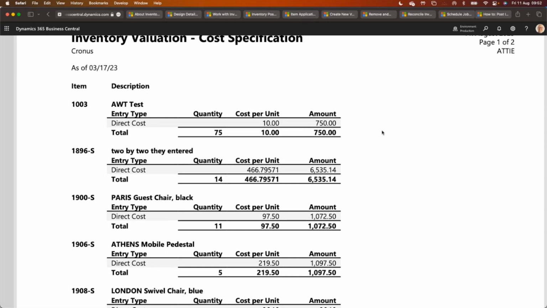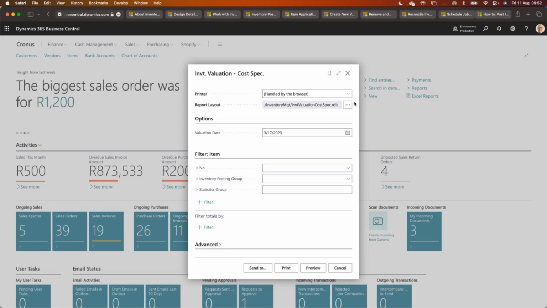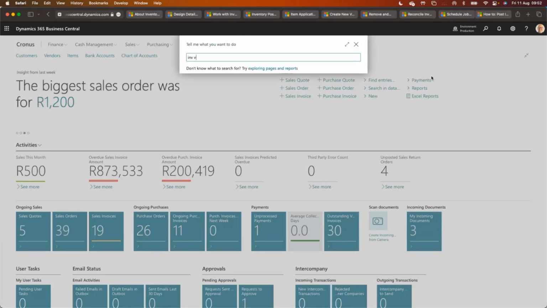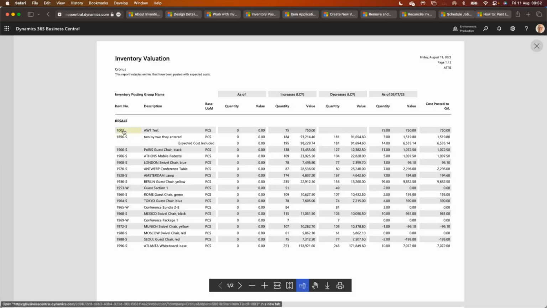If you don't want to see the detail broken down at such a level, and you want to see a more general reconciliation report between your inventory and your general ledger balance sheet accounts for inventory, then you just run the standard inventory valuation report. And here you can either include or exclude the expected costs. And it then gives you a more detailed list of all the inventory items with the filters you have, opening quantities and amounts, the increases in the period, the decreases in the period, and then a closing quantity and value,